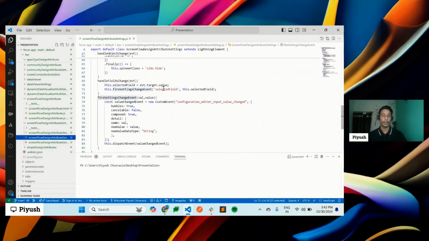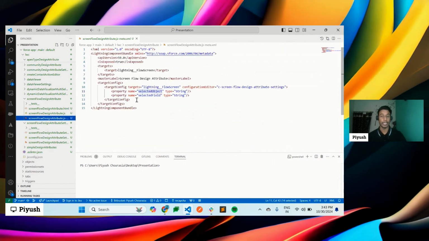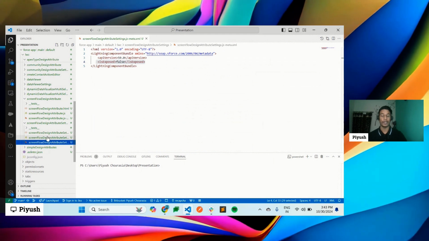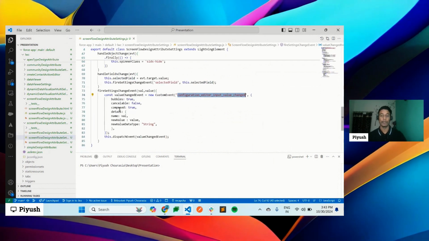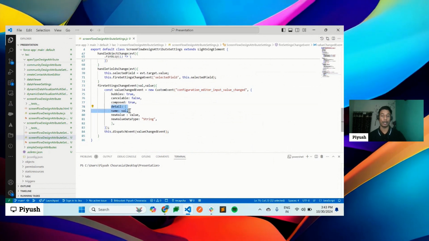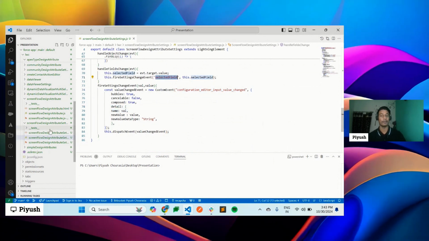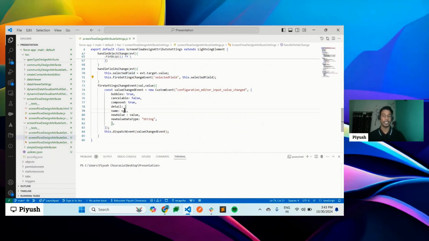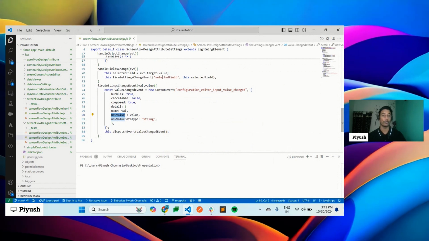If you want to communicate the selected field with the property that you mentioned over here, you have to fire an event with the name configuration editor input value change, and it takes a detail object which contains name. Name should be equal to your property name, whatever property you are passing the data for. The new value is the new value of your property,